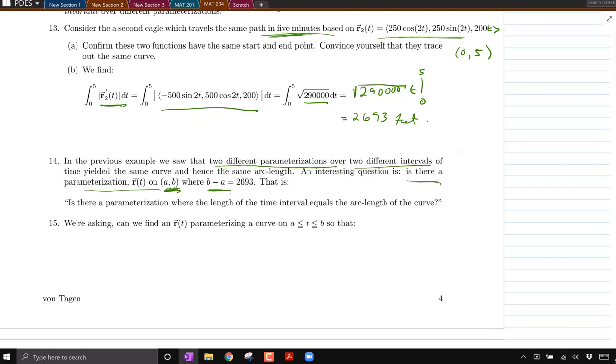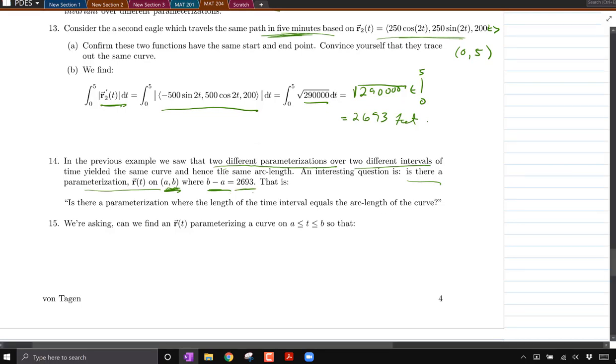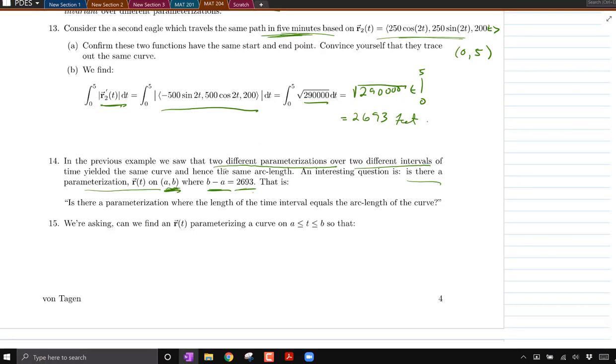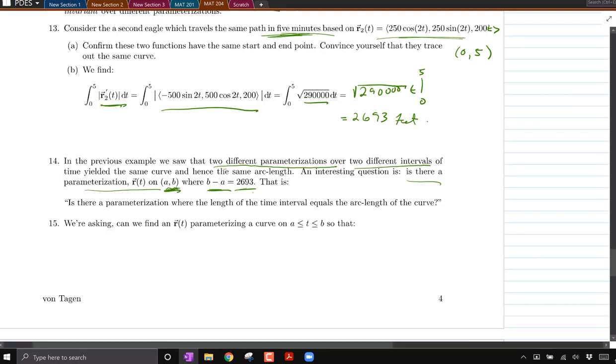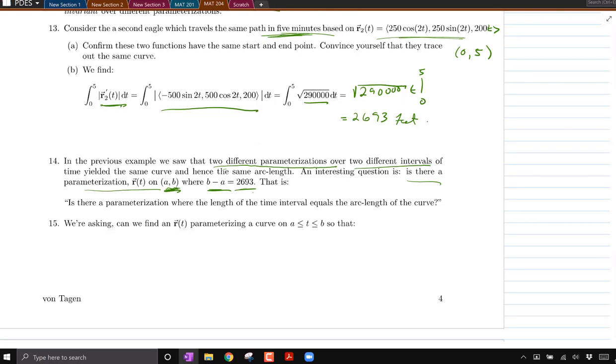By the way, this would be an eagle that would take 2,693 minutes to fly 2,693 feet, right? So what's the speed of that eagle? 1 foot per minute would be the speed. That's a very slow eagle, but that's what we're looking for, folks, is a way to reparameterize the curve so that the length of the curve is equivalent to the interval of time over which we're